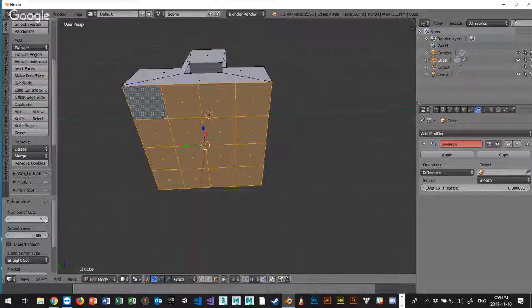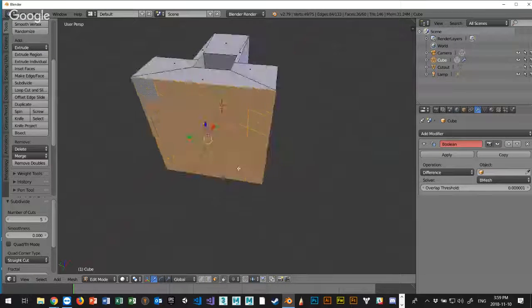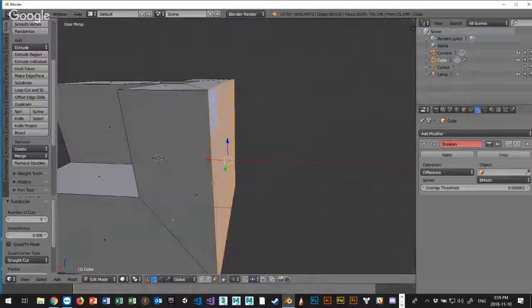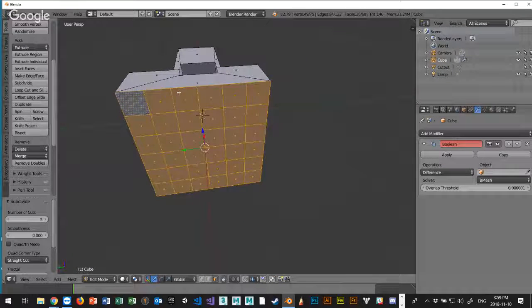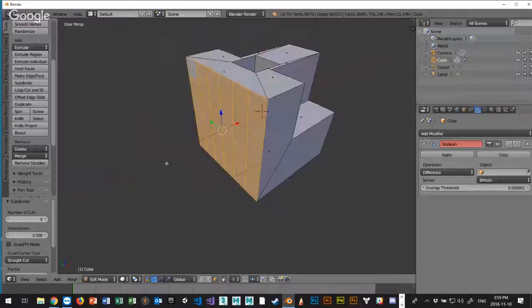I think that's almost right. Let's do one more. So 1, 2, 3, 4, 5, and I have a bunch more faces. Let's just add one more cut. There we go. That's probably good enough. But notice the cuts don't happen. This is a problem on this side right now and a problem on this side. We can take away some of these later on, but I've added enough geometry to accept what's going to happen